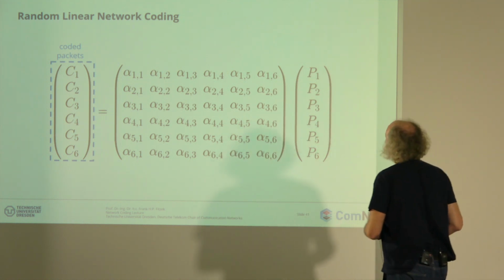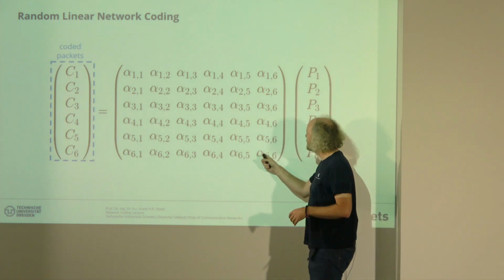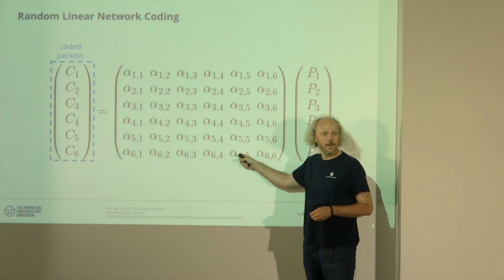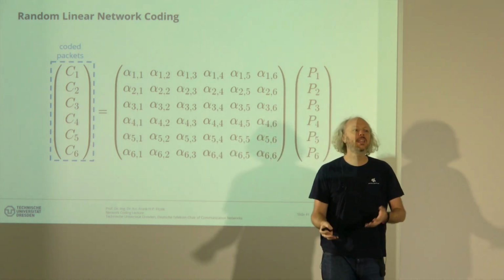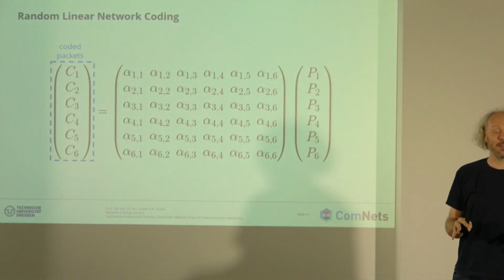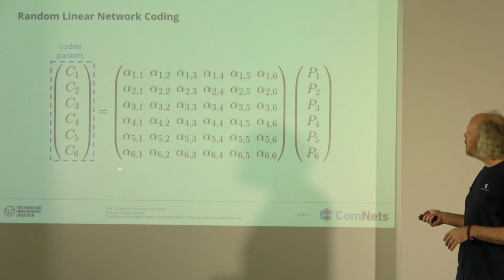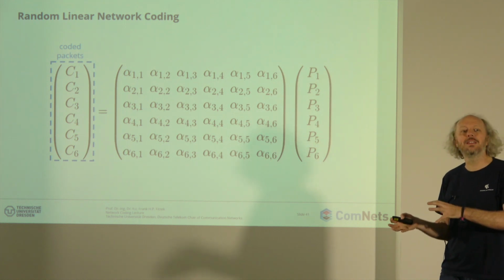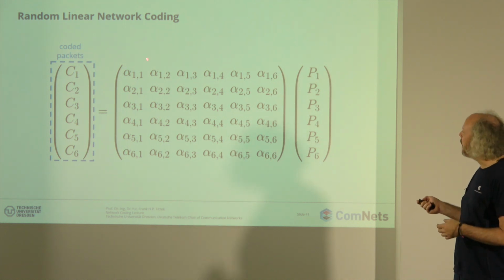In embedded systems, they don't like that. So additionally, you could say, okay, I just put zeros and ones here. And this is what people tried out decades before, and they said it's not a good code. And you will learn why it's not a good code. But between only 0 and 1s, you can do something different. You can use here finite field elements. I don't know if you have heard about finite field calculations. You will learn about this in the course.